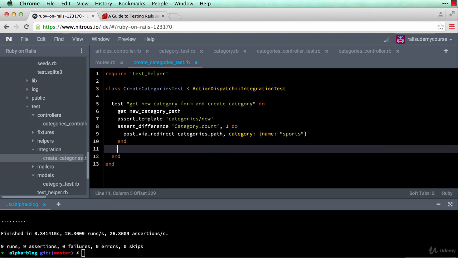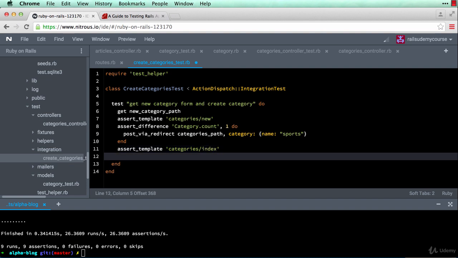After we perform this post action, assert template, meaning where do we send the user after this category is created? We send them to the categories listing page, so categories index, and then we want to do some other form of verification. We want to ensure that this category name is displayed, that it got created. So assert_match, and what we're expecting is this string "sports"